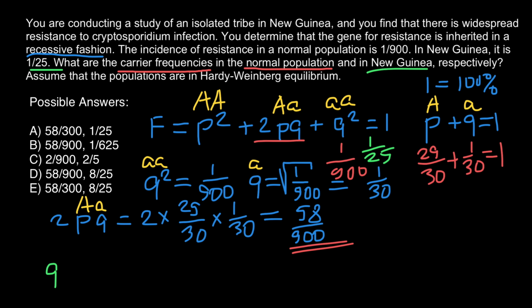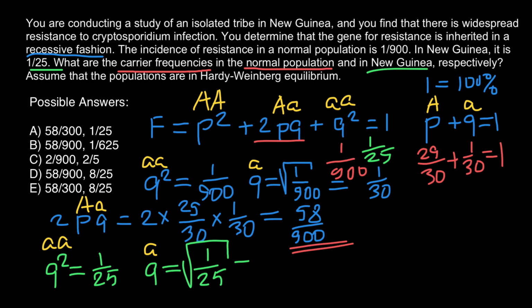If q squared equals 1/25, and q squared stands for the homozygous recessive genotype, then in order to find the frequency of the q or recessive allele a in this population, we just have to take the square root of 1/25. And the answer is going to be